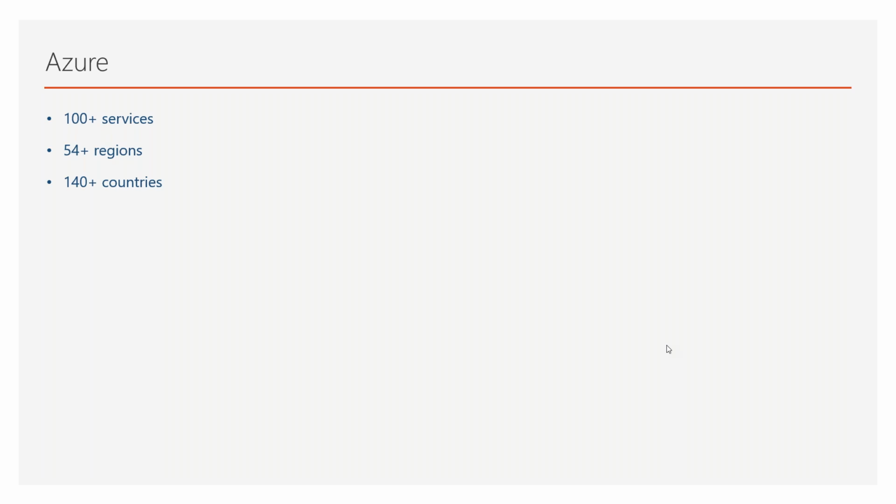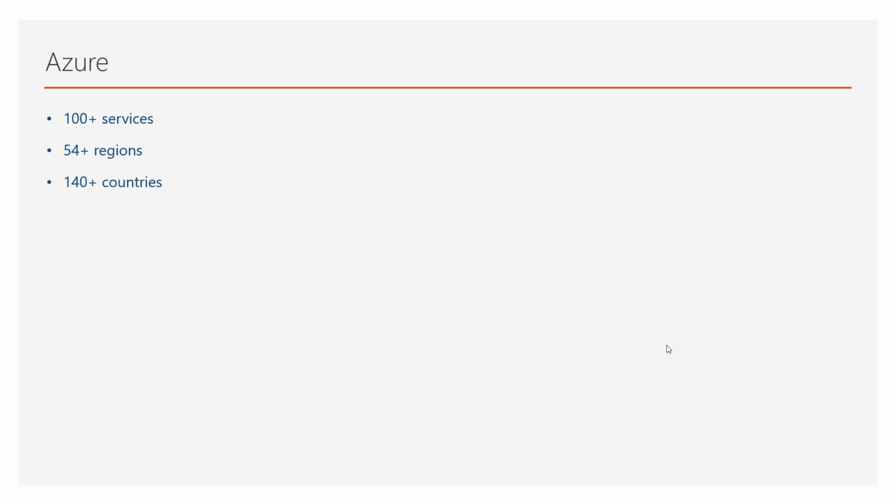Okay, now remember, think about a region like a data center, but that's not completely true, because one region can also have multiple data centers. Think about it this way. Let's say we have East US. East US is a very big area. In that area you can do the deployments in one of the data centers in East US. This is how regions are structured in Azure. Throughout the course we'll keep talking about regions and data centers, so you don't have to worry about it.